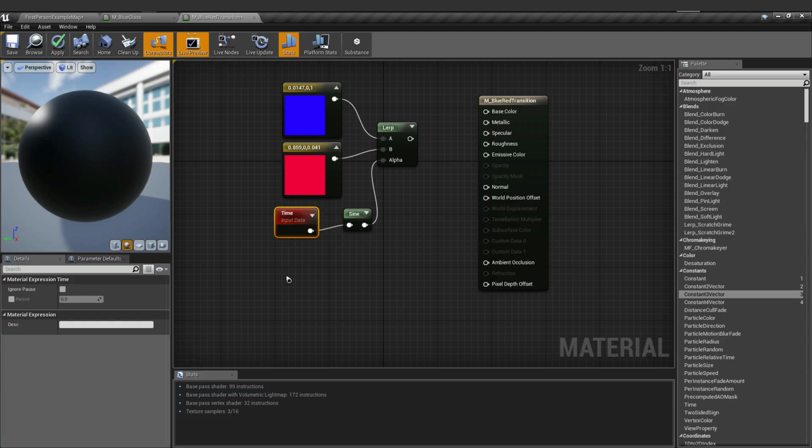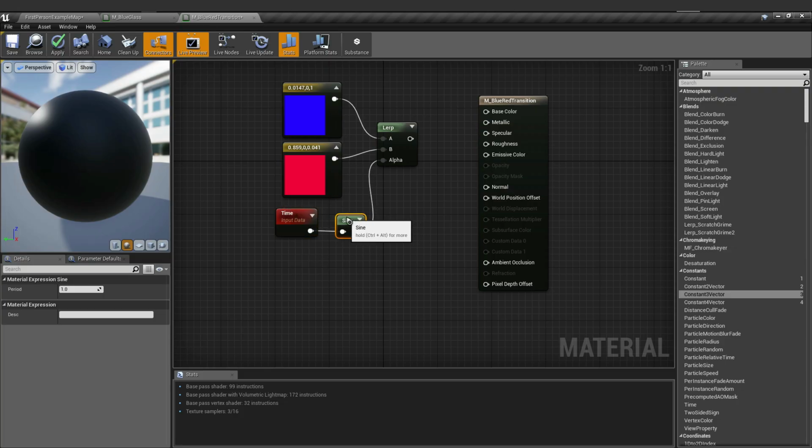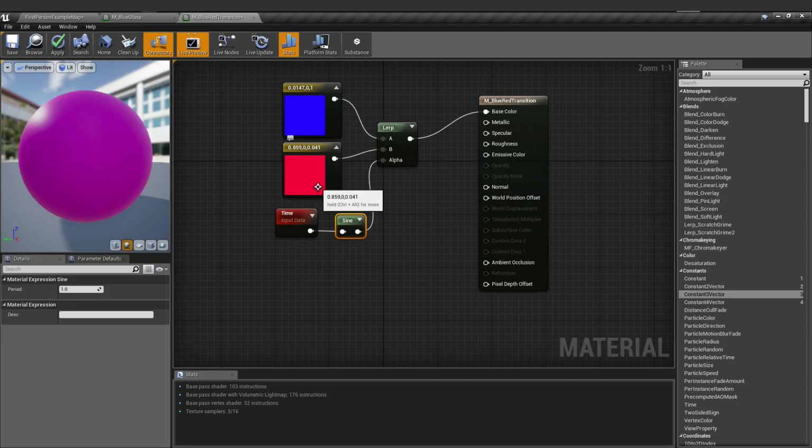It means that by default, every second, it will read the sine value that we added, and it will pass the value to alpha and to the base color, just like this one. In sine, the default period is 1. So every second, it'll change its color from blue down to red, next up to blue, then down to red, and so on.